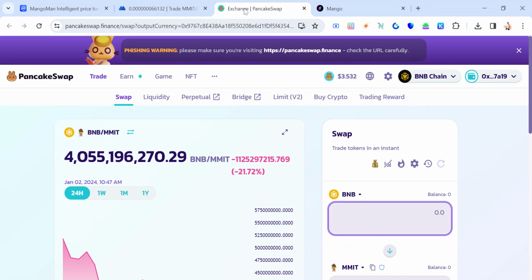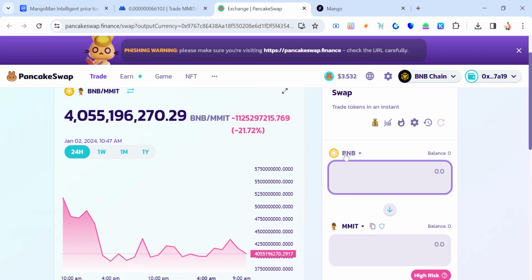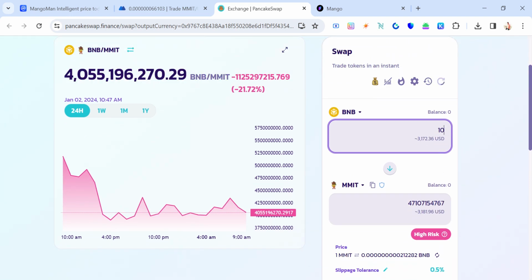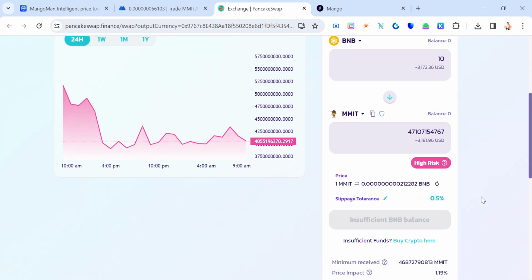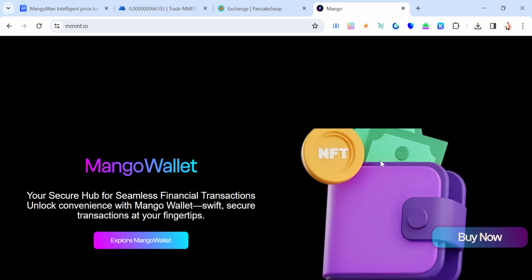Also, you can buy this on PancakeSwap, which is a decentralized exchange. If you don't want to deal with a centralized exchange, then you can go to PancakeSwap and connect your wallet. I've already connected my Trust Wallet over here, and then you have to swap BNB for MMIT. So let's take an example: if you want to swap 10 BNB, and as per the current market price, you will be getting this amount of MMITs. Now, if we go and check their website over here,